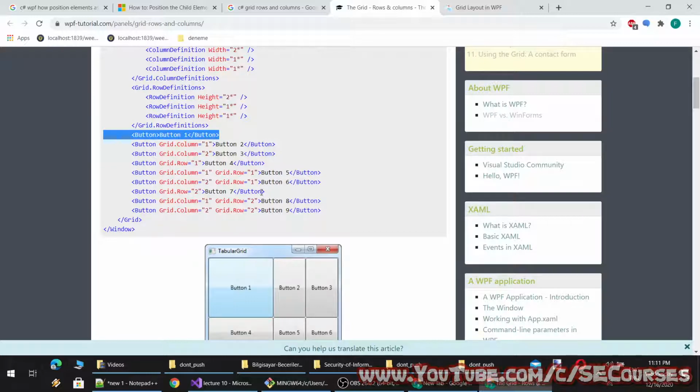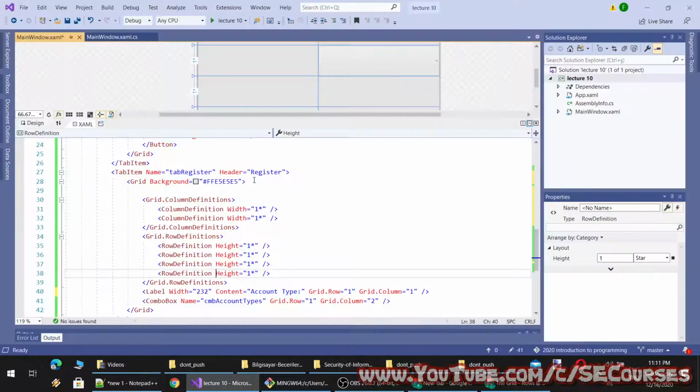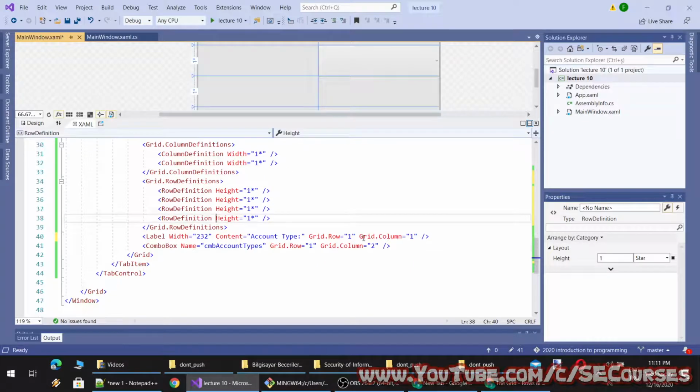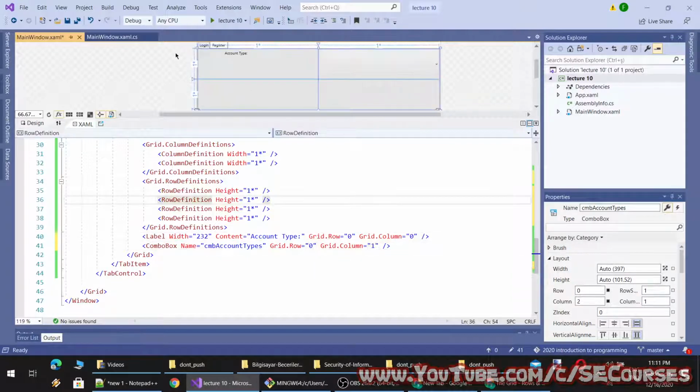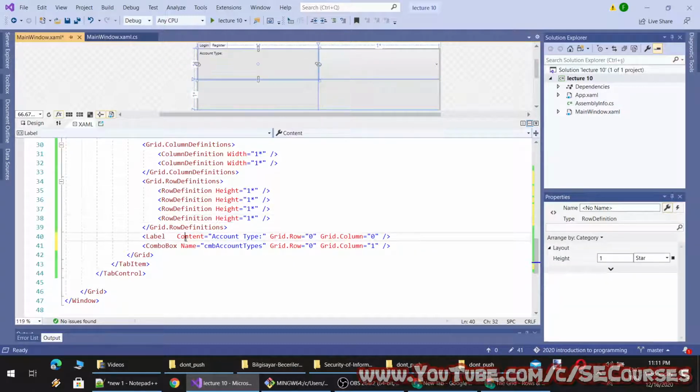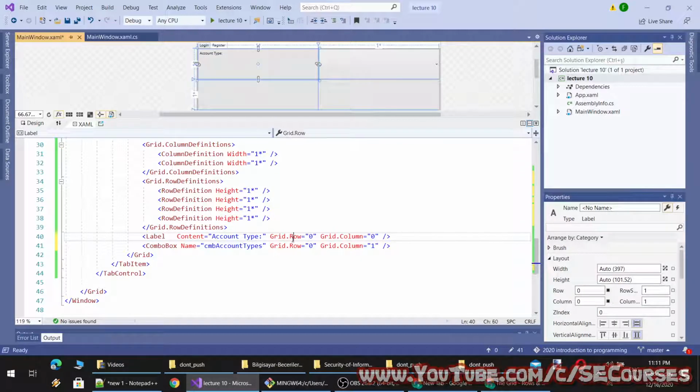I see. So it is starting from 0. So this is 0 based. Therefore, we will name it like this. Okay, now I can see it. So this is the label.